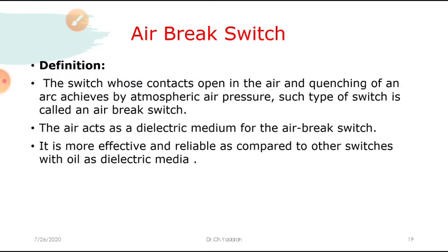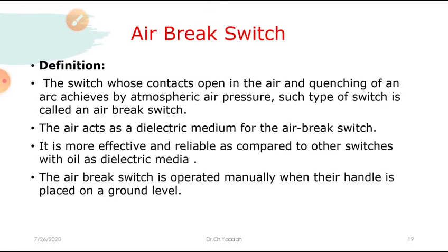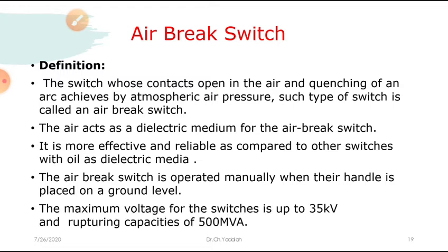The air brake switch is operated manually, with its handle placed at ground level. As in the last figure we have seen, it can be operated manually from the ground. And what is the voltage range? The maximum voltage for this type of switch is up to 35 kV, and the rupturing capacity is nearly 500 MVA. That means we can use AB switches in HV systems up to 33 kV, because our Indian voltage system